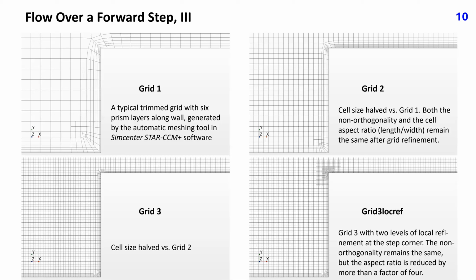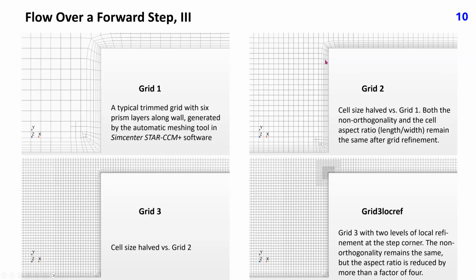This slide shows details of 4 trimmed grids with prism layers along walls used to compute the flow and assess the effects of the grid non-orthogonality at the step edge. This is the coarse grid with 6 prism layers along wall generated by the automatic meshing tool in SimCenter Star-CCM+ software. This grid is generated using the same setup, but the cell size is halved compared to grid 1. Both the non-orthogonality and the cell aspect ratio, that is, the ratio of length to width, remain the same